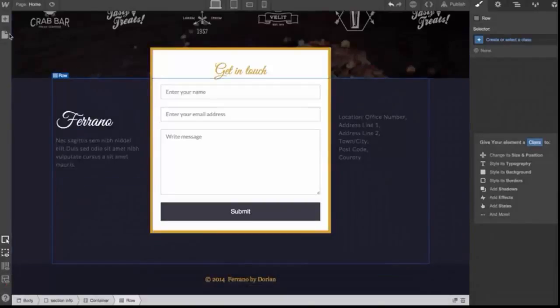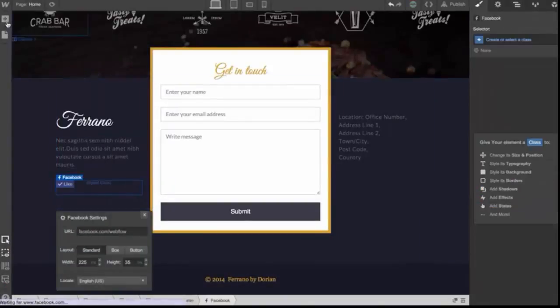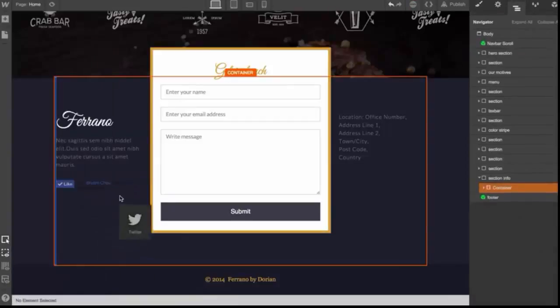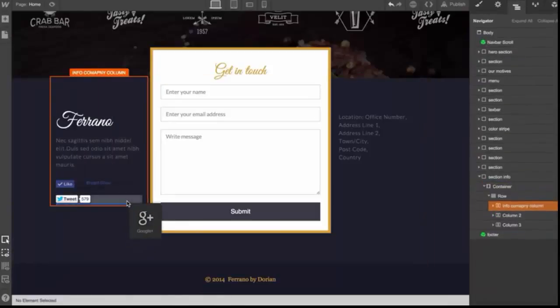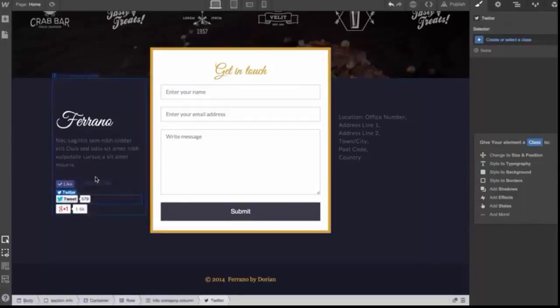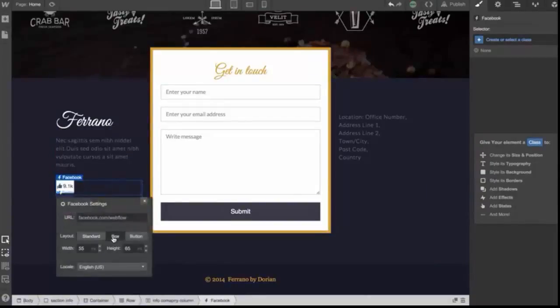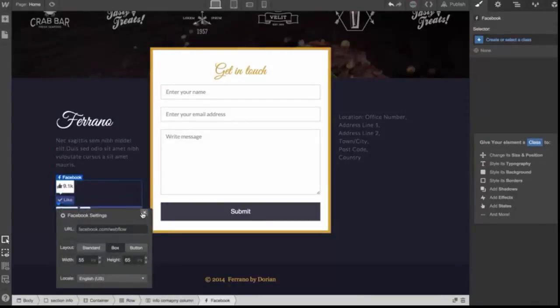Social media can be a very important aspect of your business and website, which is why the ability to add widgets like Facebook, Twitter, and Google+ right to your website is incredibly important. We make it really easy by just adding in the widgets. In the widgets, you can simply update or customize the widgets as you see fit to best fit your website design. And all you have to do is make sure that you type in the proper URL to each of